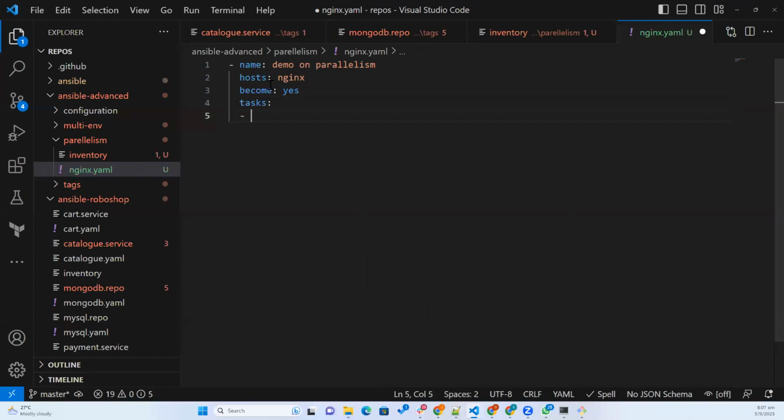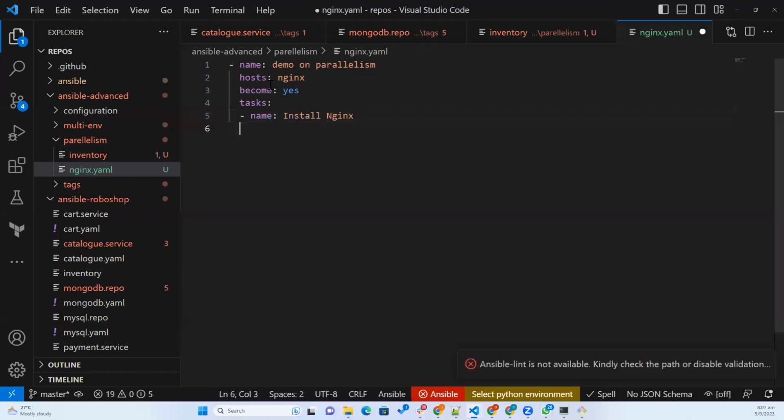Name: install nginx, and then ansible.builtin.yum with name nginx